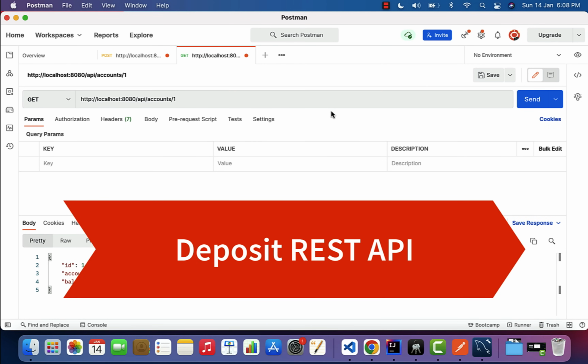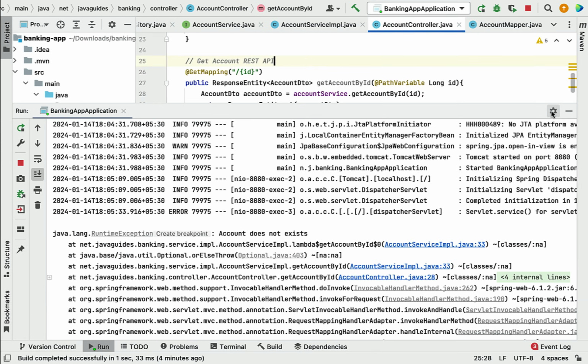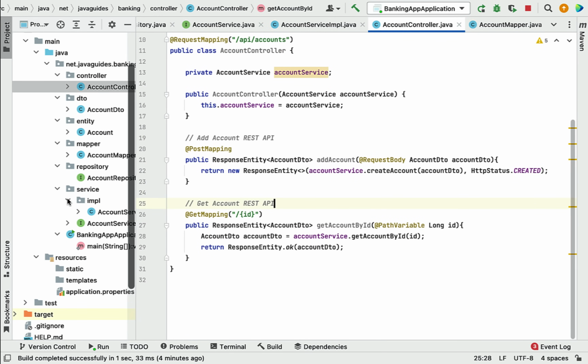Well, basically we are going to develop the REST API that will deposit amount into an account holder's account. For example, here the account holder is Ramesh. He has a balance 10,000. Next, we are going to deposit some amount into this Ramesh account holder. Alright, so basically we are going to add some amount to the existing balance. Okay, it's pretty simple. So let us go to IntelliJ IDEA over here and let us first develop the service